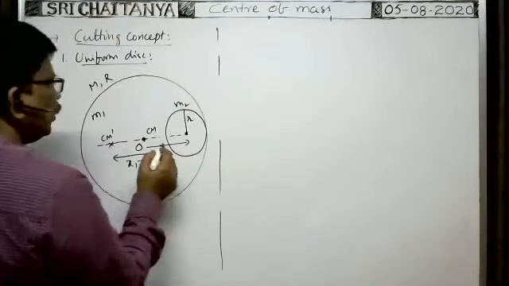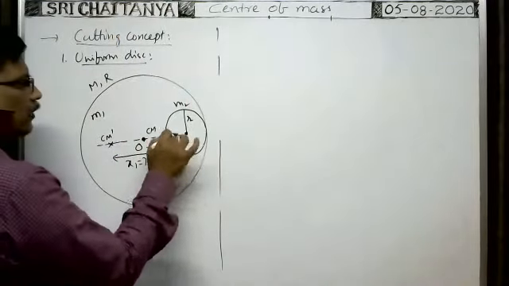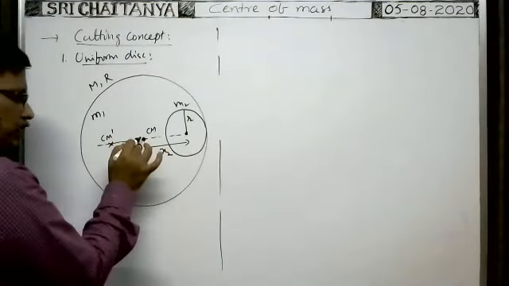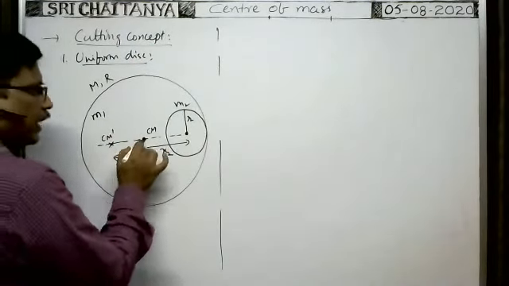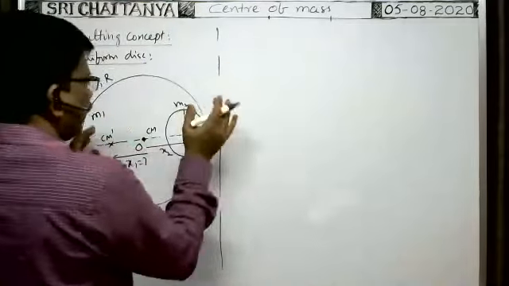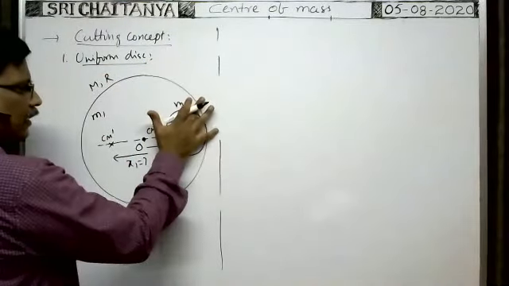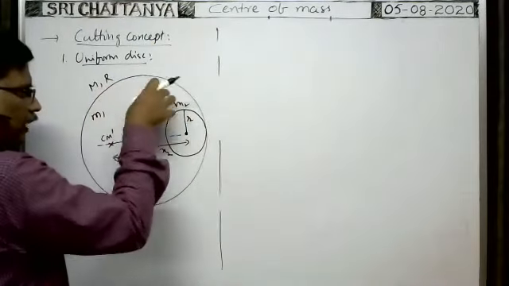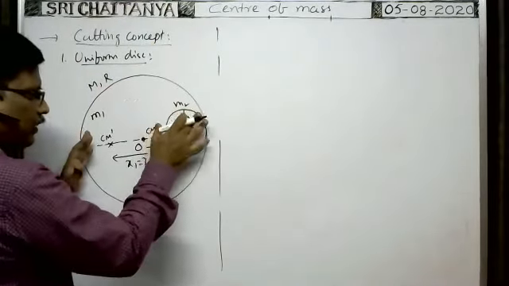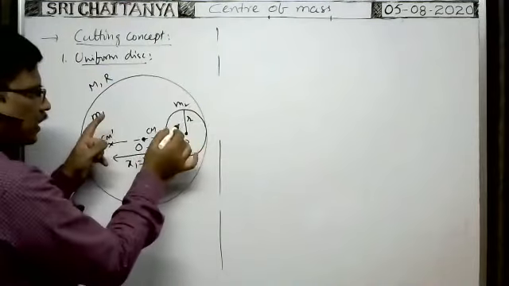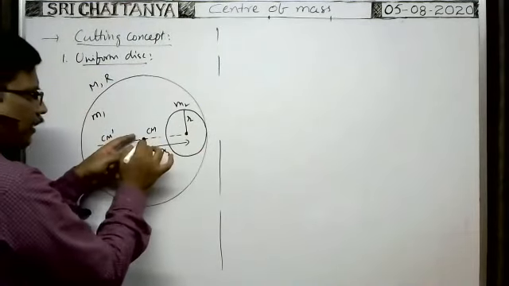Here suppose you measure the distance of the center of mass of the removed part and the remaining part from the origin only. Then when both are kept, the removed part is also kept at the same place, then center of mass of the system of this removed part and remaining part lies at the origin only.